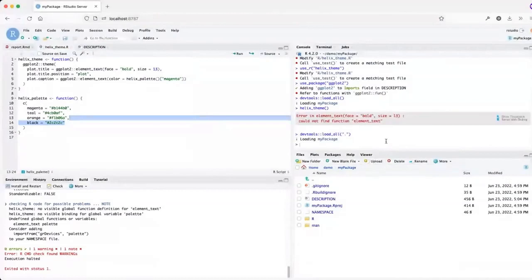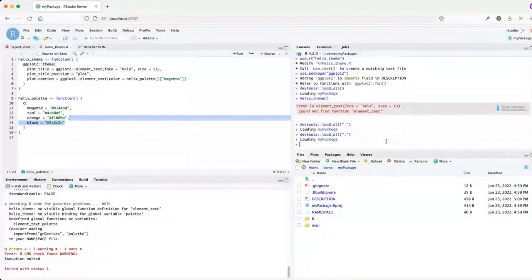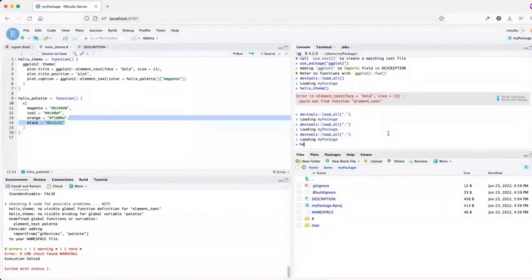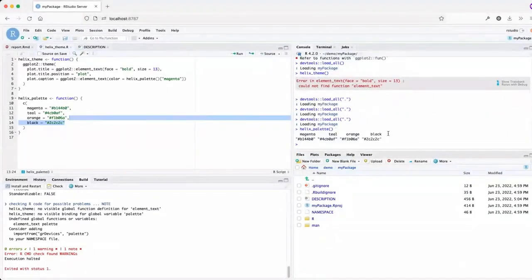But I'll try this really quick. We'll just see what it looks like. I ran that with a shortcut. There's a shortcut that shows up, which is Command-Shift-L, and you can use Command-Shift-L to load your package. So getting your package loaded to test it out is pretty quick. I use that a lot because you hit Command-Shift-L, it brings you over to the console, and then you can just try out your function. So I can try out helix_palette, and I can see that it's going to give me a palette.